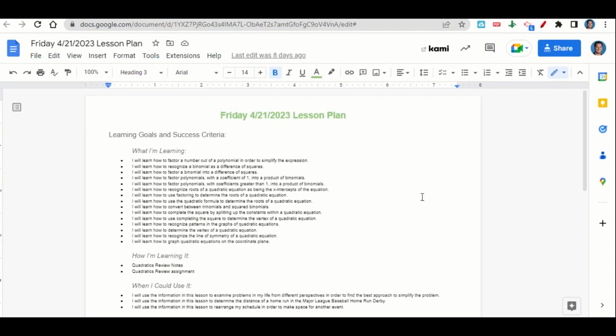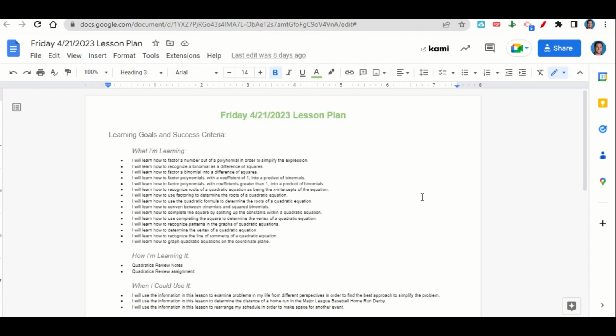We're learning how to factor a number out of a polynomial in order to simplify the expression, how to recognize a binomial as a difference of squares, how to factor a binomial into a difference of squares, how to factor polynomials with a coefficient of 1 into a product of binomials, how to factor polynomials with coefficients greater than 1